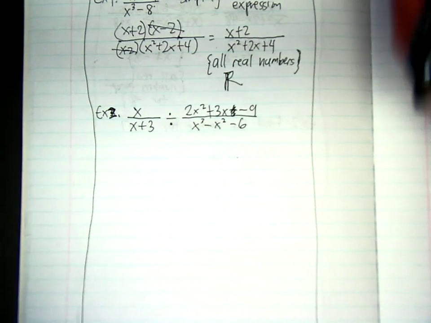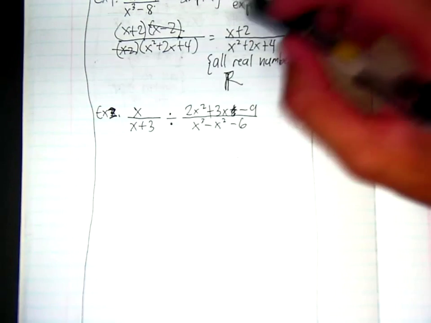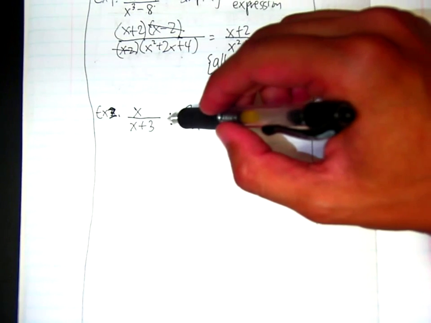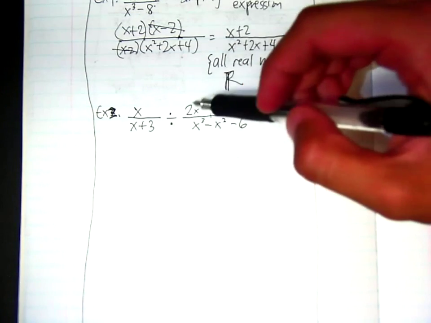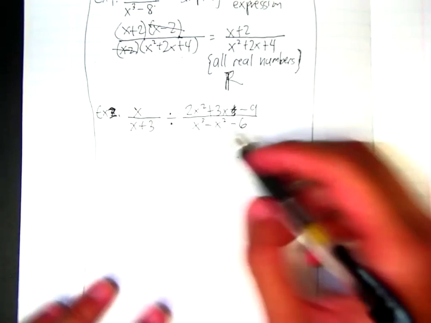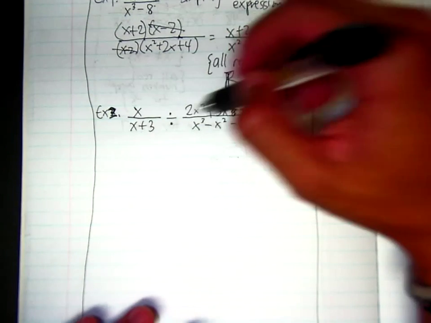Okay, so what I want to do with this is I want to factor each part of these fractions. And before I do that, I see this division, and I remember back in algebra, when I divide rational expressions, I'm actually multiplying by the reciprocal. So I'm going to not only flip this and change it to a multiplication sign, but I'm also going to